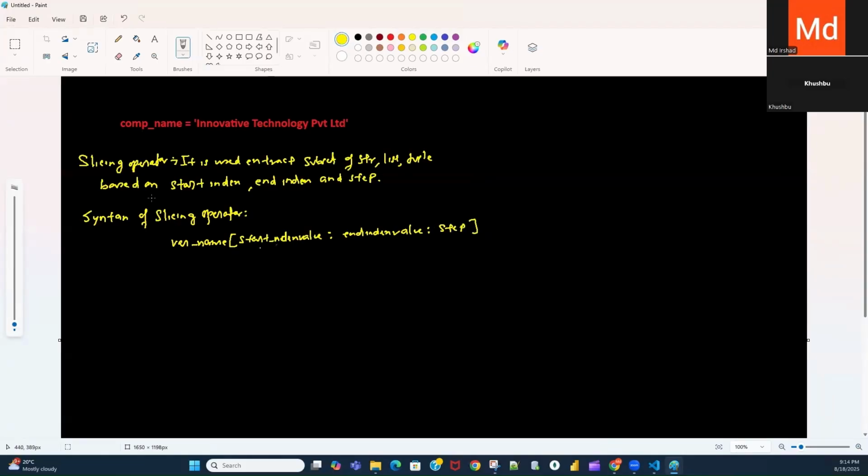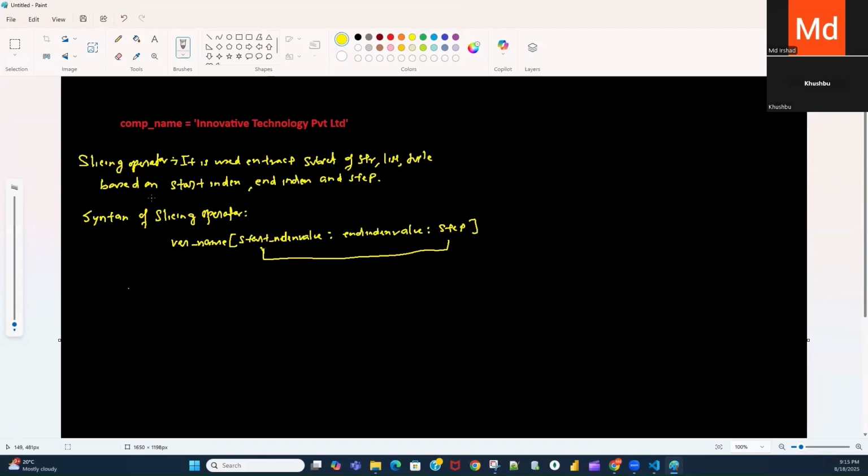So you pass these three parameters. These three parameters are not fixed; they are optional. In some cases we do not pass the start index, in some cases we do not pass the end index. These have default values. I will show you how we can use this.